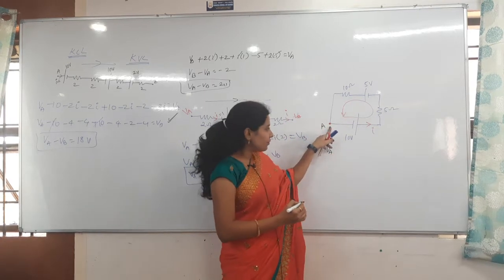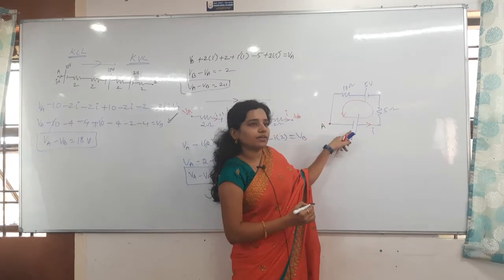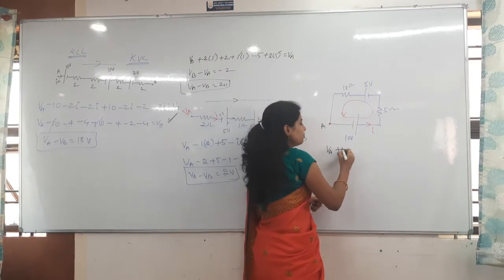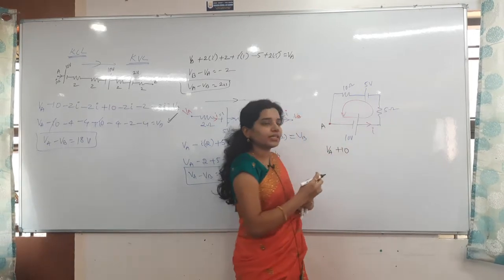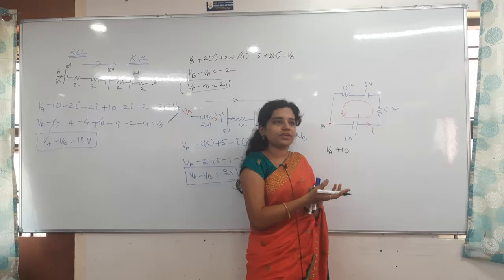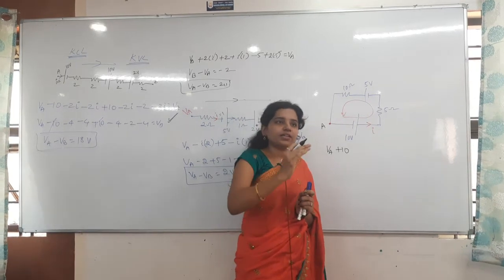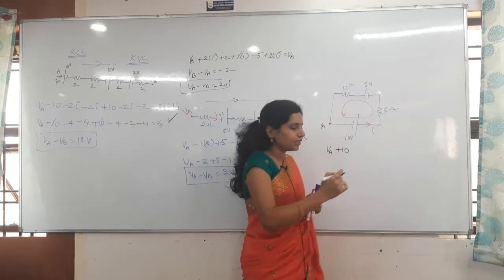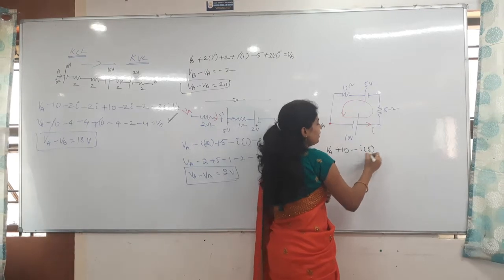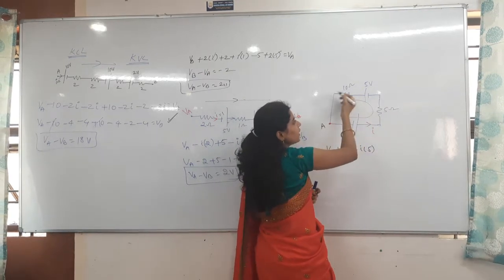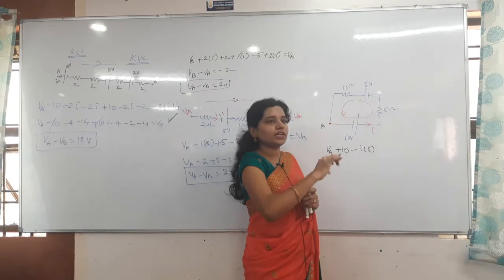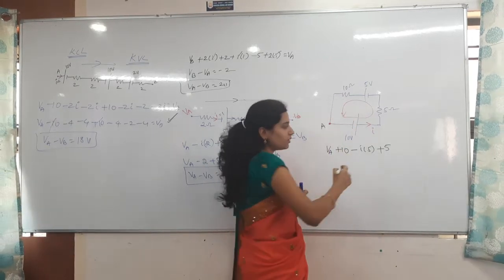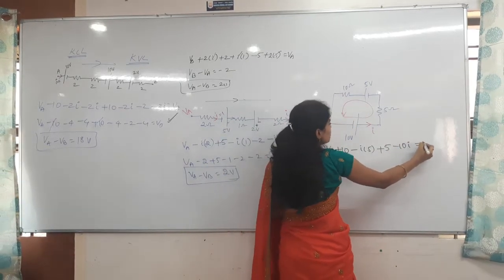VA. Whenever I am going in this direction, what will you get? Going from lower to higher potential, you get plus 10 volts. And then going this way, what will you get here? Minus IR, obviously. Don't have any confusion in that. You are travelling in the direction of current and first the resistance comes, so I have to take minus IR only. So minus I into 5. And then going this way, lower to higher potential, plus 5 volts, and then in this direction you get minus 10 I, where you are coming again to